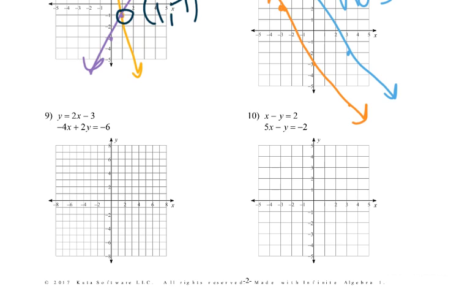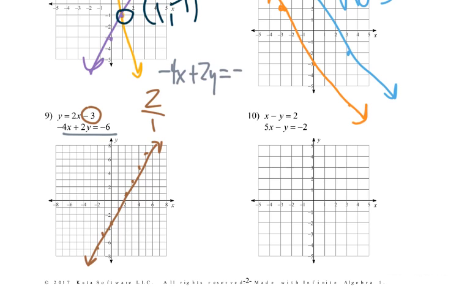Okay, so we start with the first one, -3. Go down to -3, 2/1, so up 2 to the right 1. So we keep following that pattern. We're down 2 to the left 1, same pattern. There's our first line. Okay, then for the second one, we're going to have to solve this one for y,